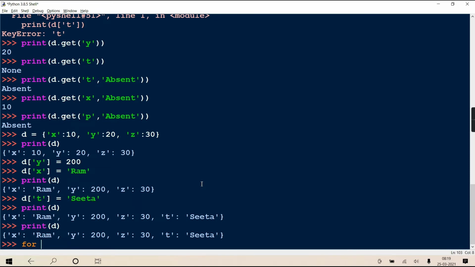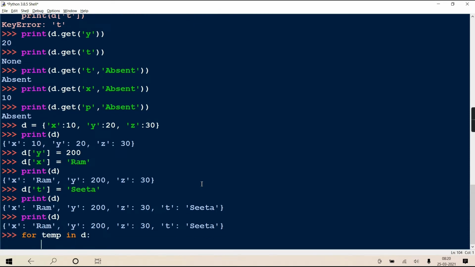So you can use for loop like this. For temp in d, where temp is a temporary variable. But what does come in temp? In temp only keys come, values don't come. If you want value, then what to do, that too I'll tell you.